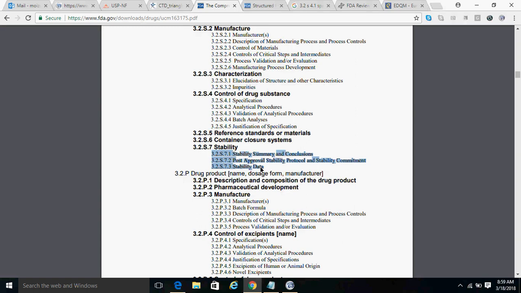For example, all of you go to Walmart or any store to get milk. It has an expiry date on it. It has a shelf life on it, like 5 days or 7 days. Sometimes we have observed the milk is also good the next day, though the expiry date is over. How do they do that? Similarly, I'm writing on a drug substance that it is good for 2 years. If it is good for 1 year, if it is good for 6 months,